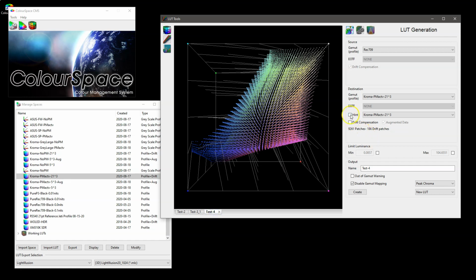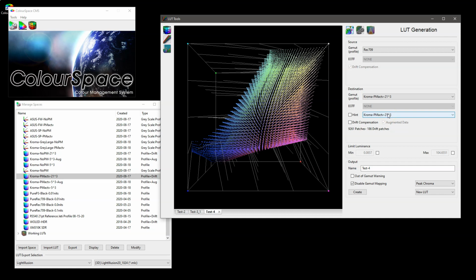Okay, that brings us, I suppose, to hint. Hint is a process where we can use an existing profile to provide a hint to a new, smaller profile. Where this really comes into prime use is in manufacturing of displays, where you have a large batch of displays being manufactured at once. You can do a large 21 cube profile of one of the displays and then do smaller profiles of the other displays, but use the large profile to improve the granularity of the calibration on the